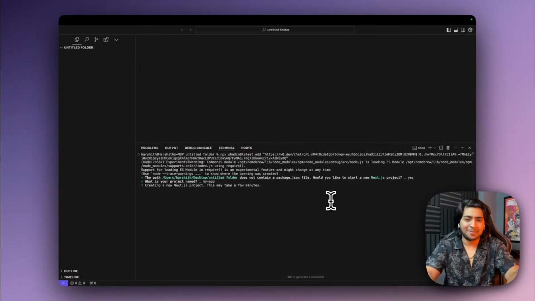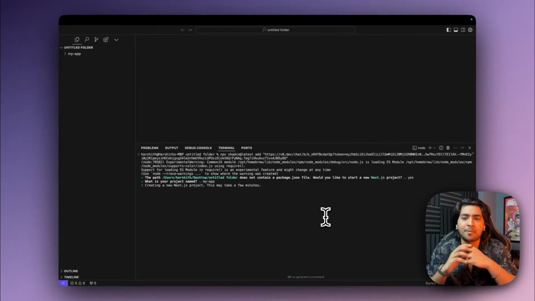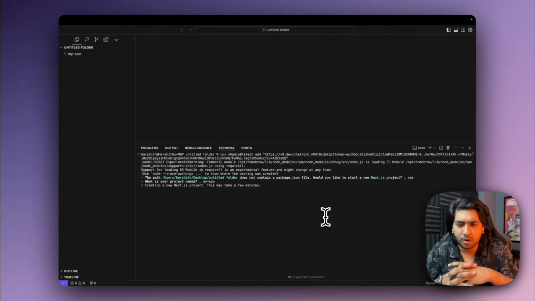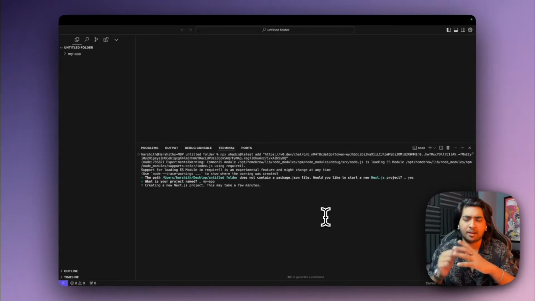Let's just name it my app. It's going to take a couple of minutes. It's creating a new Next.js project, which is why it's taking a few minutes. That's completely okay. Let's just wait for this, because there are a couple more commands